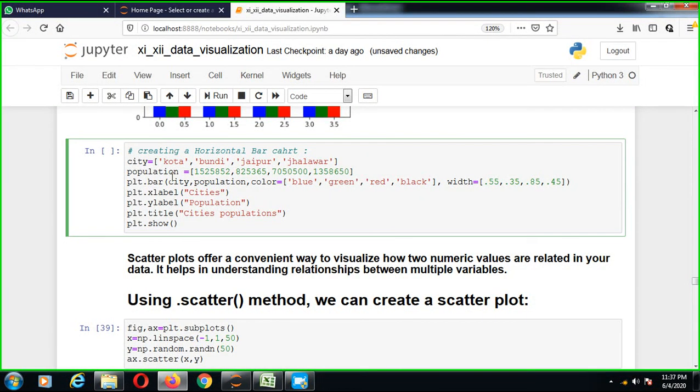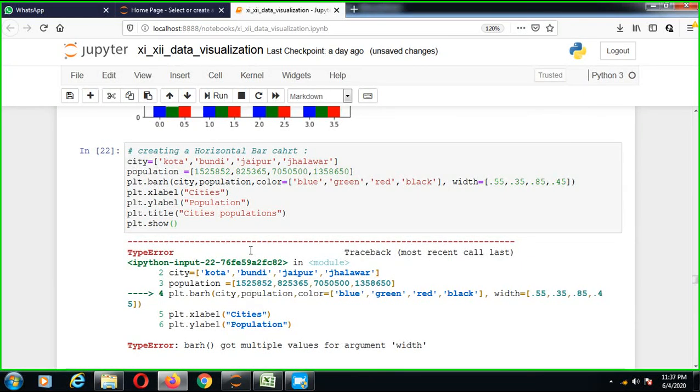Cities we already decided, population already decided. Now we just use plt dot barh for horizontal. Everything else is the same, and you can execute, and there is an error, because barh got multiple values for width.